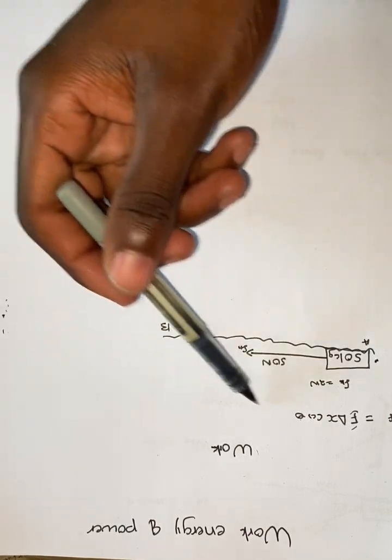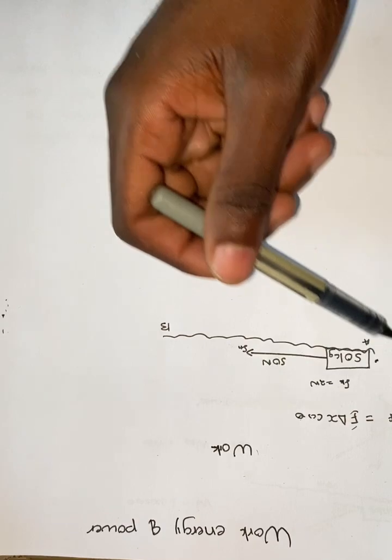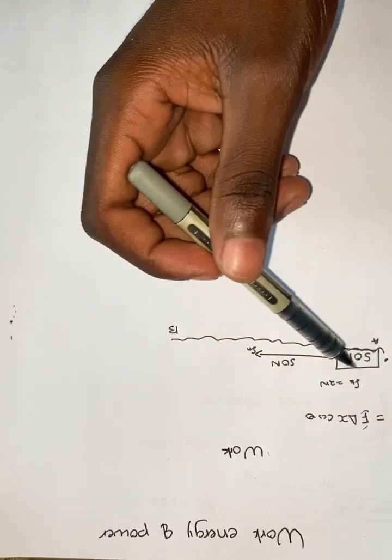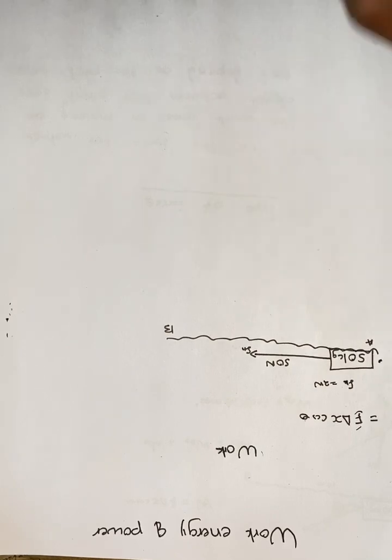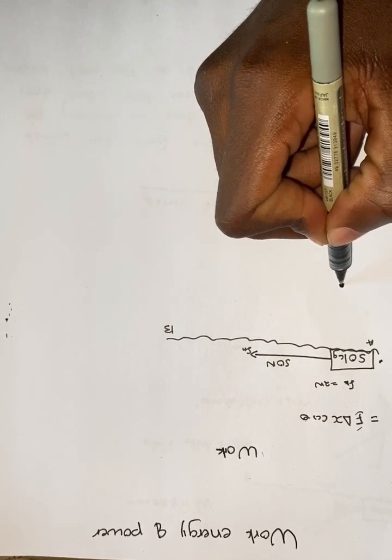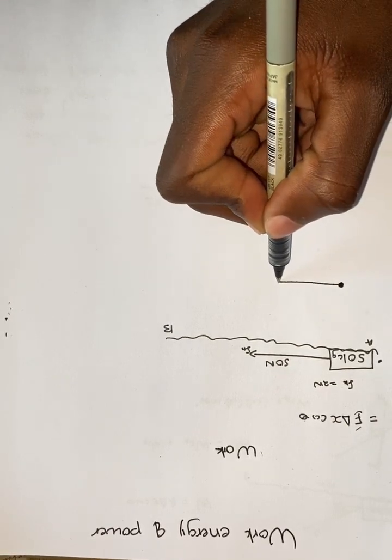In order to calculate the work done by each of the forces, or the total work done by all the forces on this 50 kg block, you must first draw a free body diagram. Let's draw a free body diagram. This will be the force applied